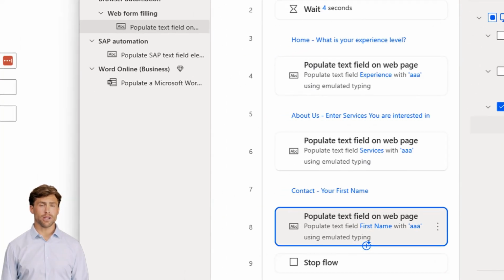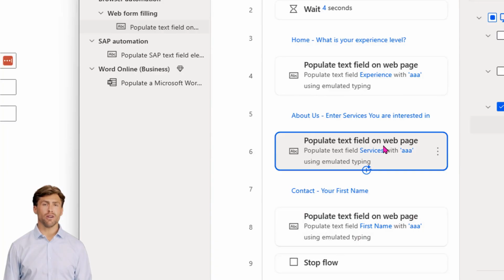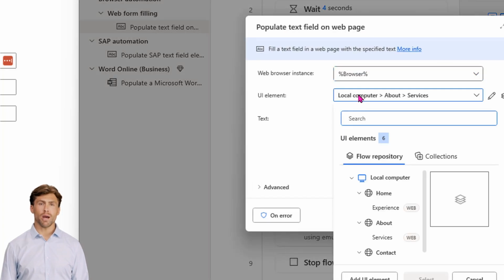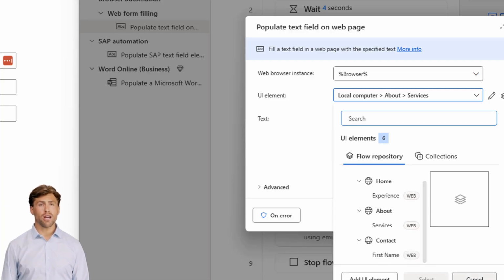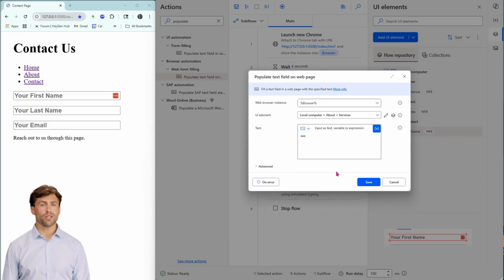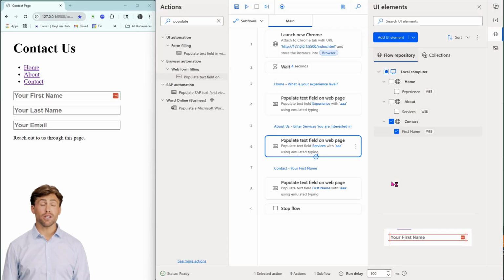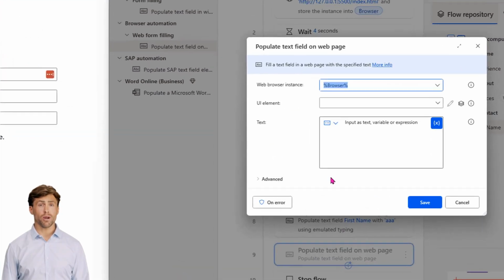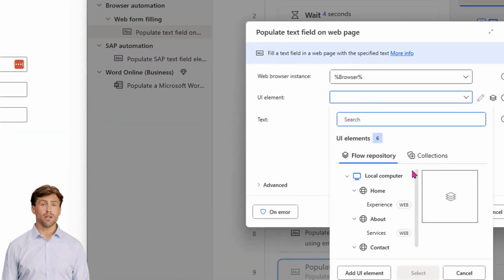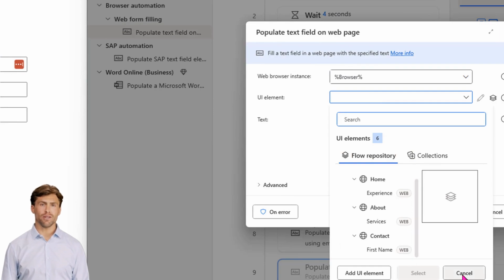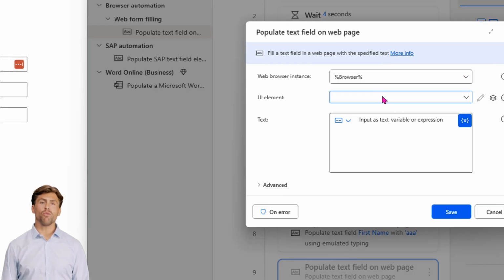Now, an important point is that occasionally, when you go to add a UI element, and you click on the panel here to select one that's already existing that you already added from the UI Elements panel, sometimes it won't be here. I consider this a bug. Other people just consider it something that happens. So what should you do in a case like that? I would say the thing that you should not do is if you bring in a populate text field on web page and you can't find your existing element here, what I used to do was